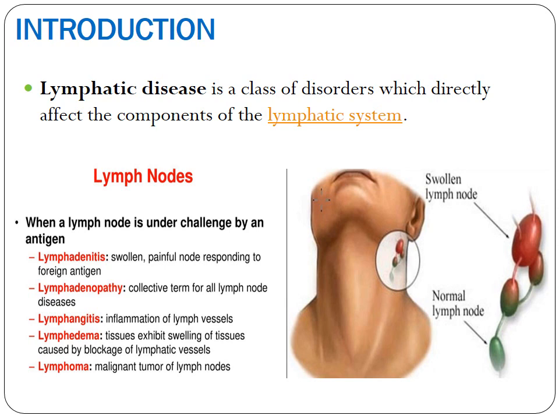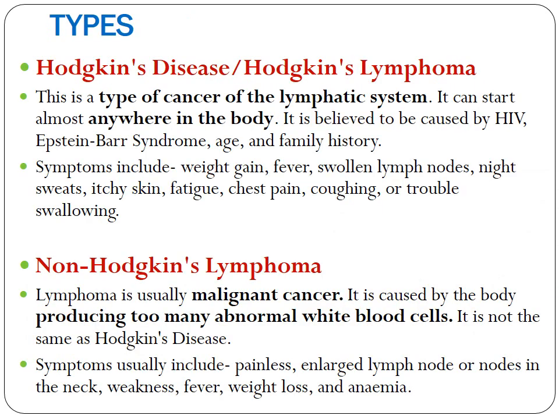Lymphedema, the term itself is telling edema, so it's swelling of the tissues caused because of some kind of a blockage of the lymphatic vessels. And lymphoma, so oma is again related to some sort of a tumor or abnormal growth, and yes, it can be benign or malignant. So this is again associated with the lymph nodes as well. That terminology is called lymphoma. Now in that again we have the two types, which are called Hodgkin's disease and non-Hodgkin's disease, or Hodgkin's lymphoma and non-Hodgkin's lymphoma.